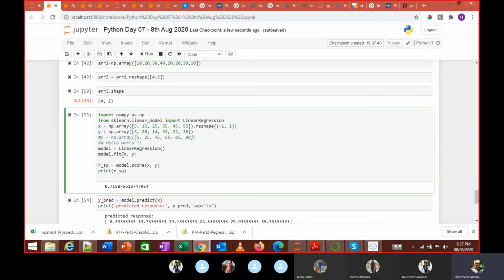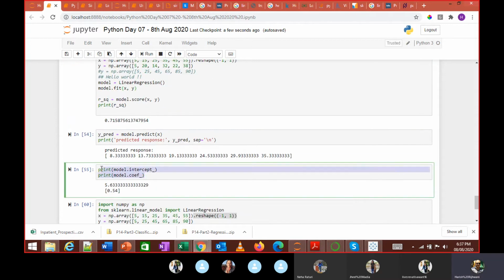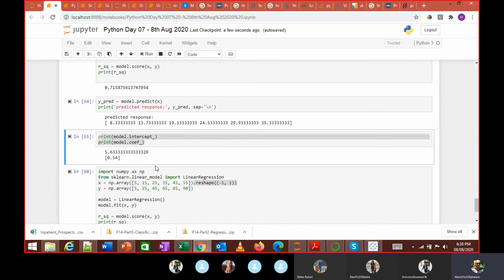Once I do that, I am just going to fit the two arrays which I am using, x and y. And I will get the same intercept also, which I got over there.